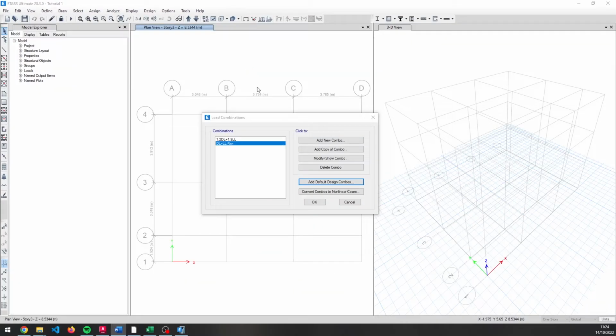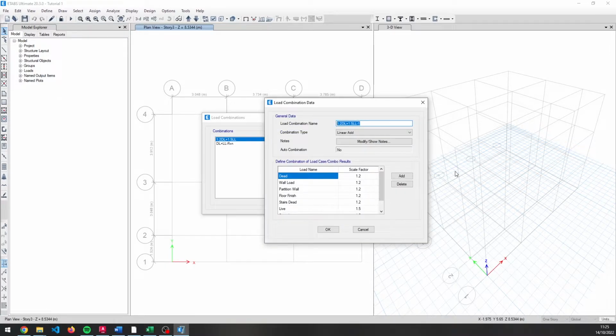So let's go for it. This will be defined under the ultimate limit state. So now let's copy this one and change the load combination name to dead load plus lambda, I'm gonna denote it with y, live load plus earthquake load in the